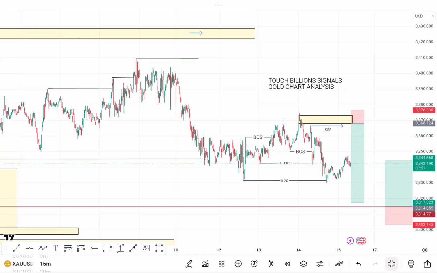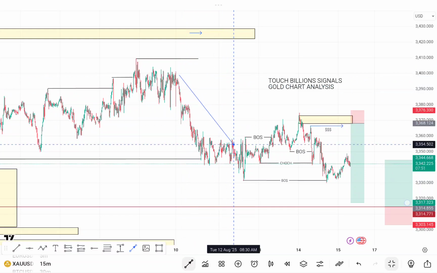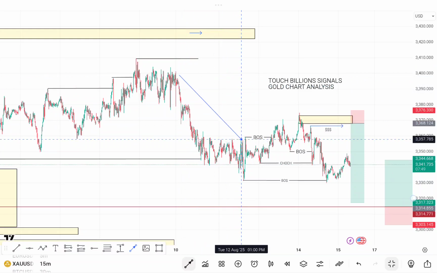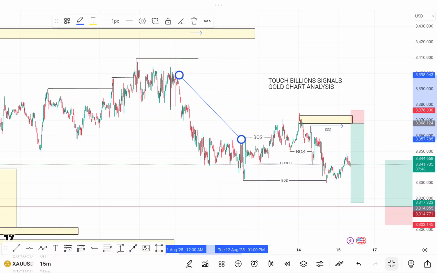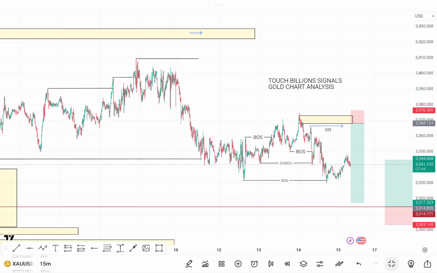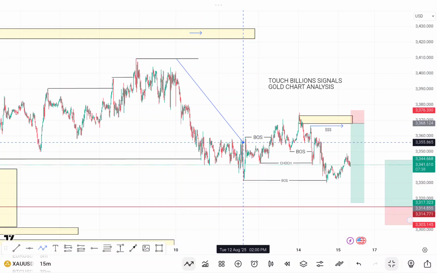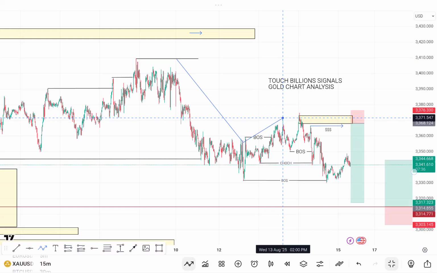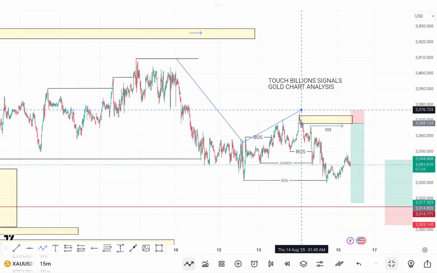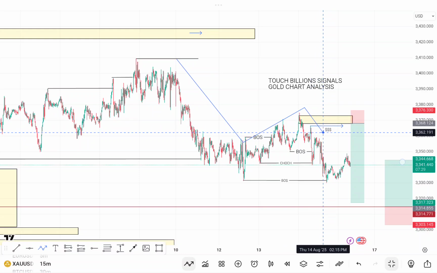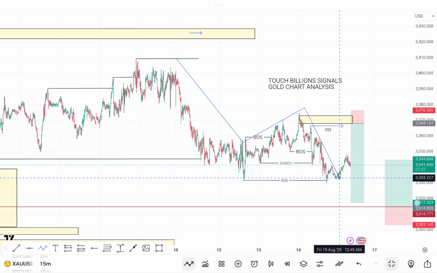But looking at what the market has done so far, the market was actually trending to the downside from this zone here. But then what happened? Let me use the path to make it much better. The market started from this point here and was trending down. It got to this point and went up a little bit, just trying to create an uptrend, but that did not last, and the market has created a downtrend.